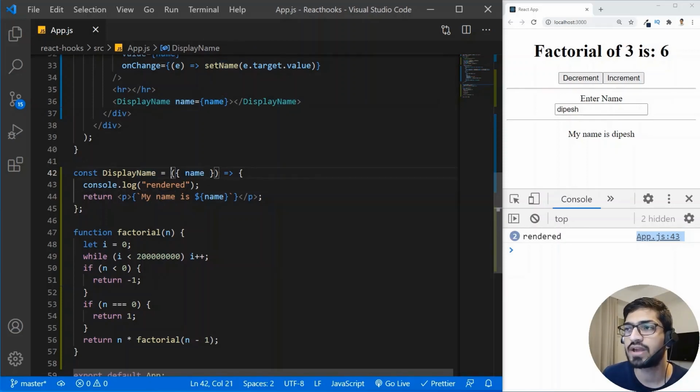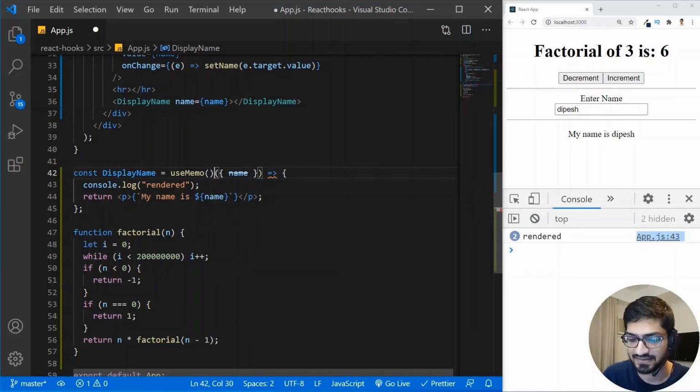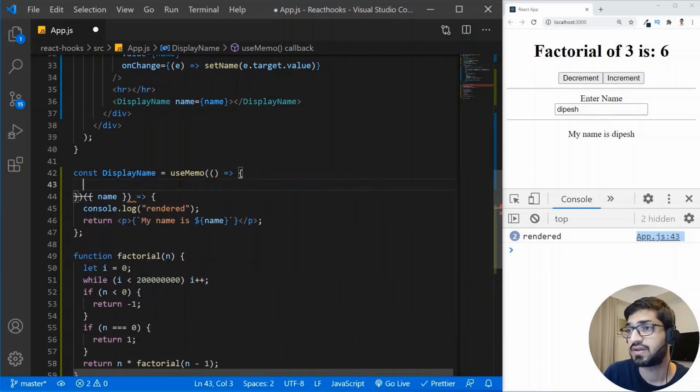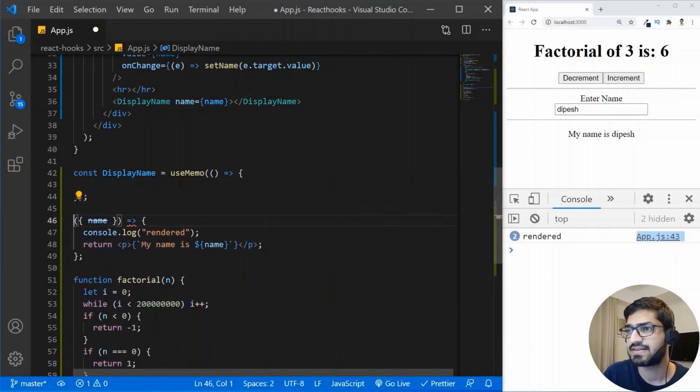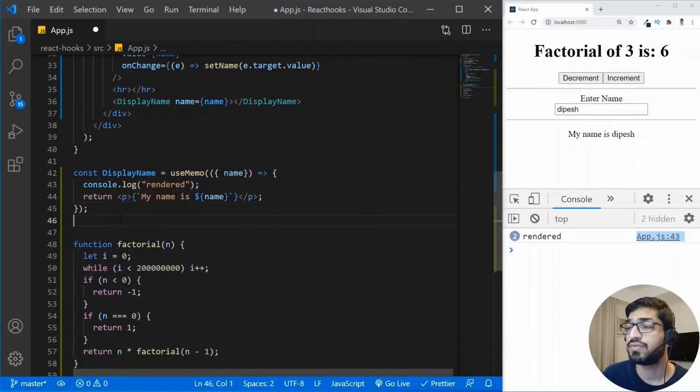So what we will do is make this function into a useMemo function. So I'm going to write useMemo, and this useMemo will have an arrow function. Inside this arrow function we are going to have our props. Our prop name was name, and we are just going to take this and add it here. So we have made this component a useMemo, and now if I save it,